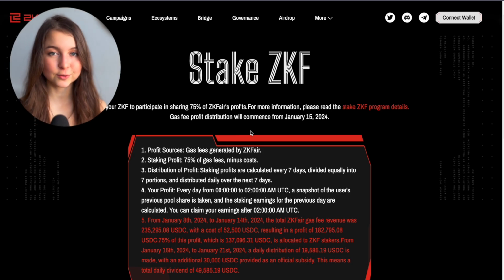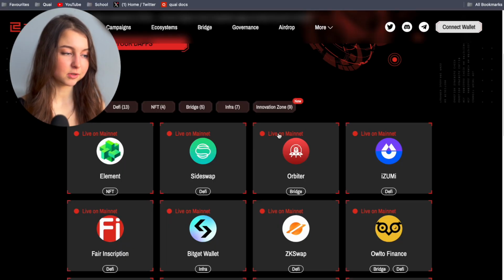First of all, it comes from gas fees. So everything you burn by using the ZKF, so by using the protocol that you are staking in, you get a proportion of the gas fees that are spent during this use of the protocol. So 75% of all the gas fee costs are distributed among stakers in proportion to how much ZKF tokens they are staking. The remaining 25% go to DApp developers,